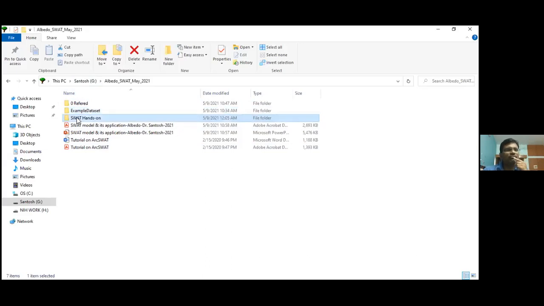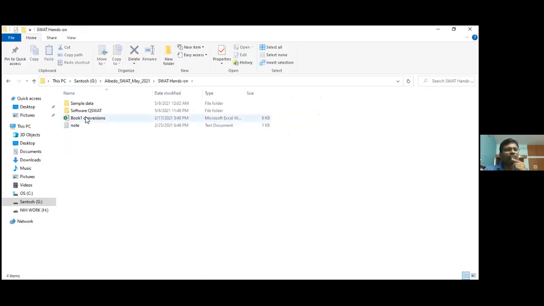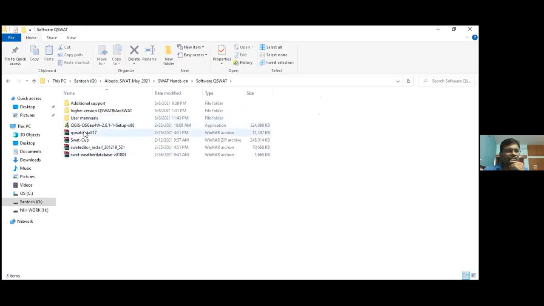So basically, we require different softwares. These are the softwares. First of all, we need the QGIS software. This is the QGIS software. I have already downloaded it from the website, and the link is also mentioned on the website. You can download the software. Then once you double click and install it, you have to install the